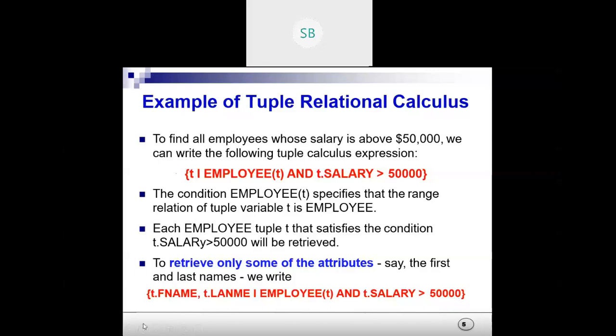So in that case, only the first name and last name of the employees whose salary is greater than 50,000 will be displayed. But here, since we have not mentioned anything, all the details of the employees whose salary is greater than 50,000 will be displayed.